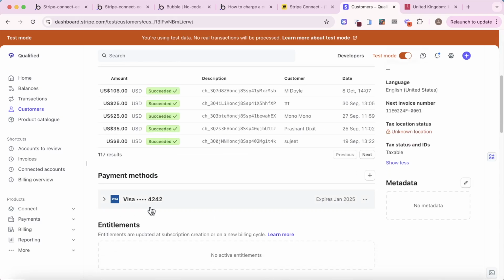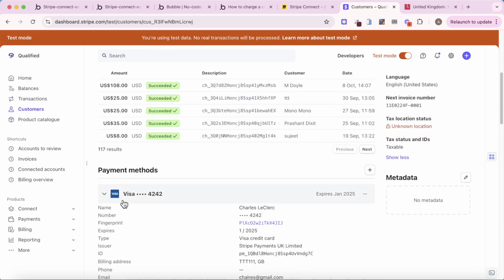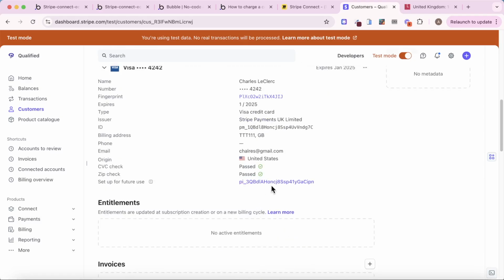And what we want to do is save this down so that we can do a one-click purchase going forward and he doesn't have to re-enter his details or go to a Stripe hosted form. And the way we're going to do that is we're essentially going to take this payment method. We're going to take the payment method ID associated with it. So again, if I click on this and if we go to this, I believe,